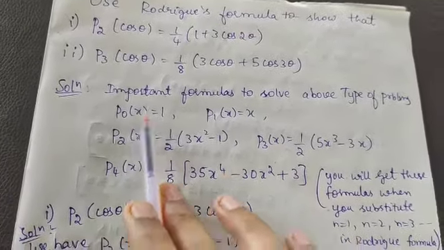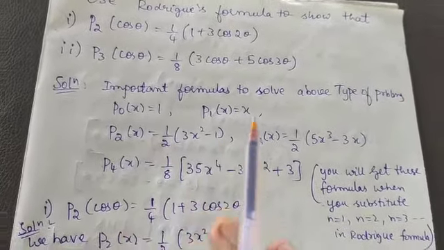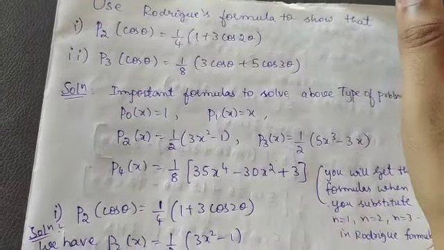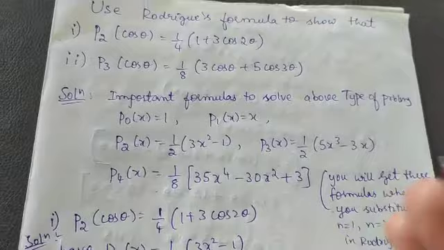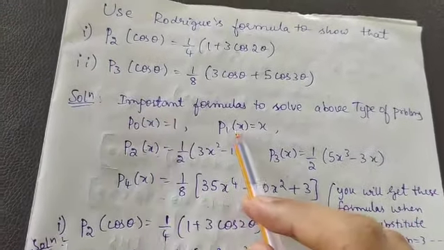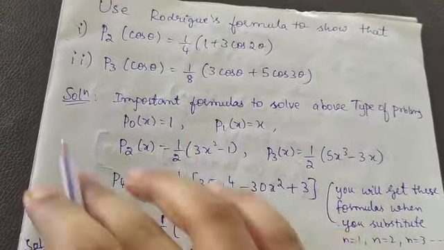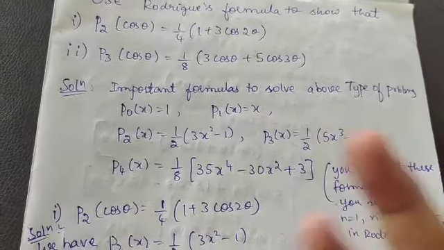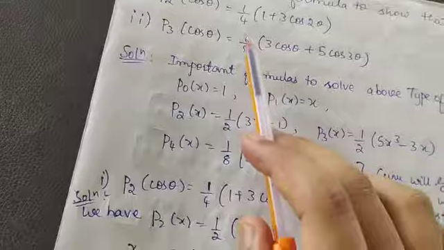So it is not necessary to learn all these formulas. If you learn only one formula, that is Pn of x, then it is easy to write all these formulas, because when you substitute n equals 0, you will get this, n equals 1 this, n equals 2 this. So no need to learn all these things. Just learn what is Pn of x and you can do the differentiation. Okay, now we go for the problem.